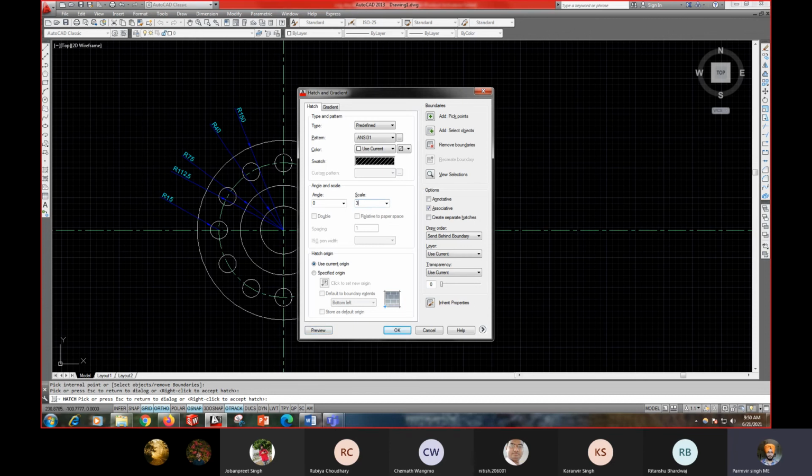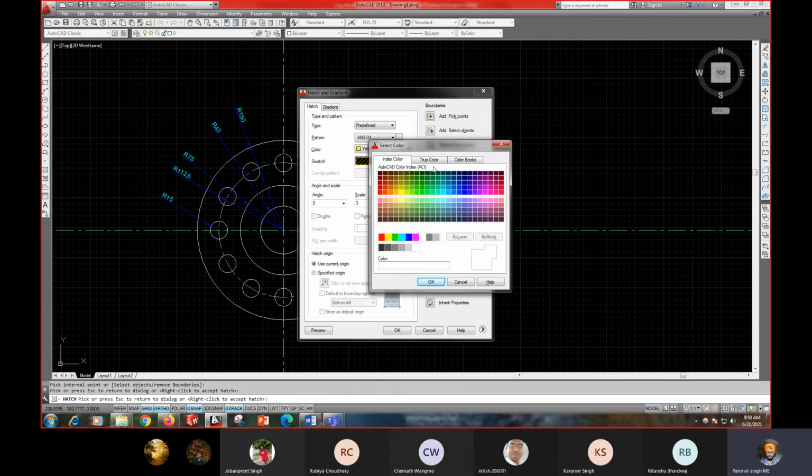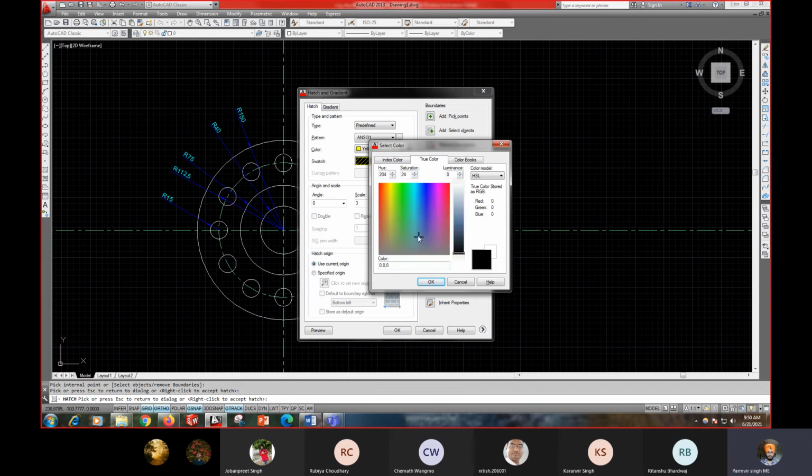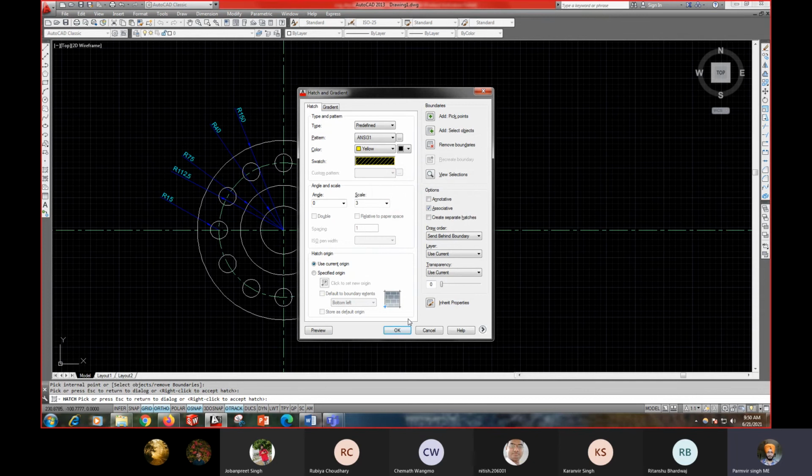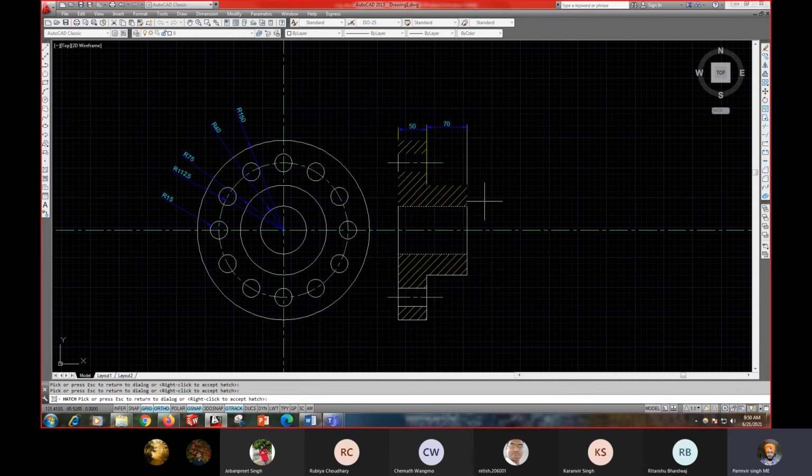Otherwise you can change the color. Okay, now here you can change the color also. You can change the color according to your requirement. Then press OK, then go to preview. If it is okay, then press enter.